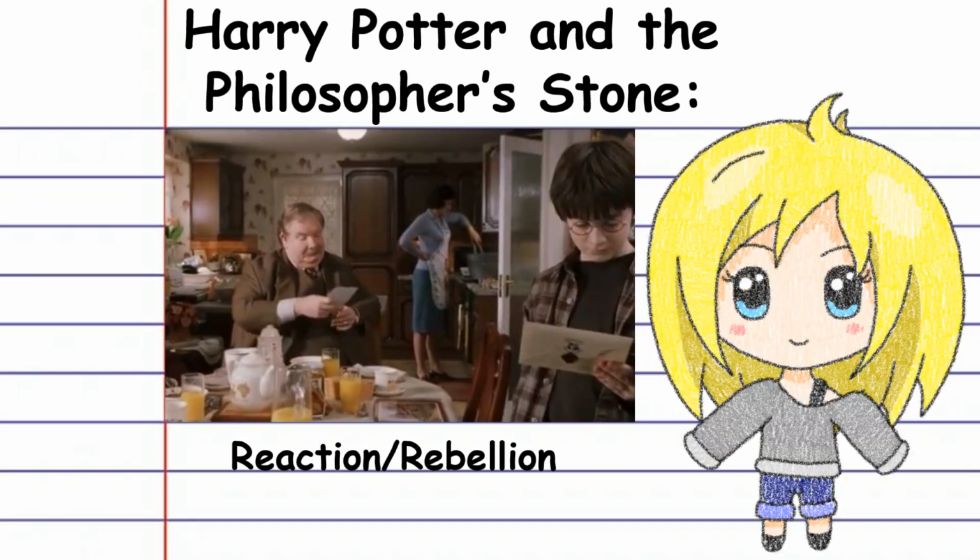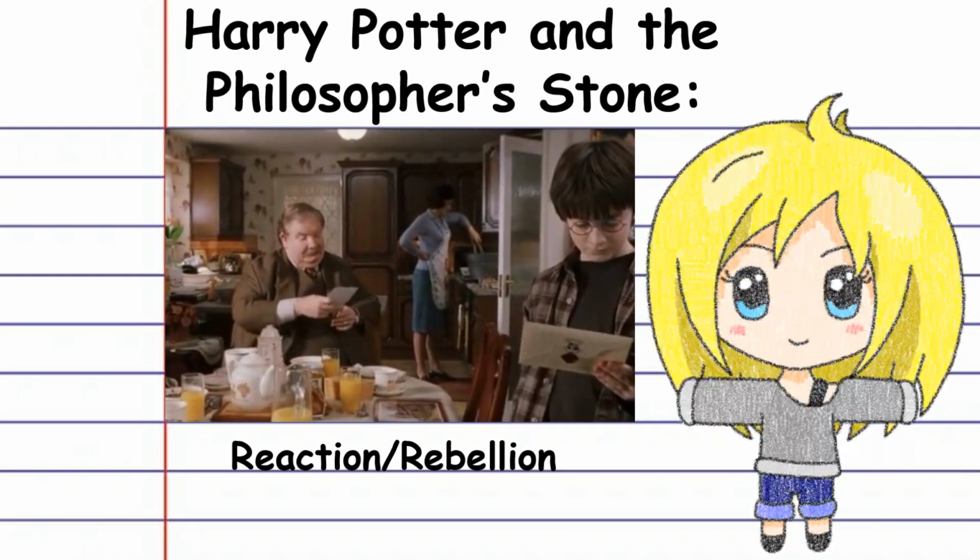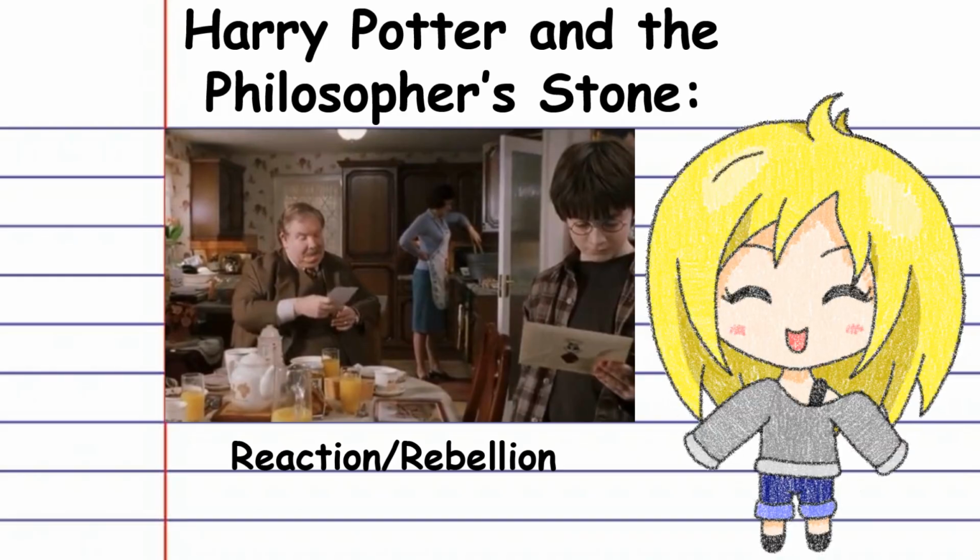Harry receives a letter addressed to him and his uncle refuses to let him read it. This happens multiple times, with Harry receiving a letter and his uncle confiscating it. So Harry decides to rebel. He decides that somehow he is going to get his hands on one of those letters and see what it